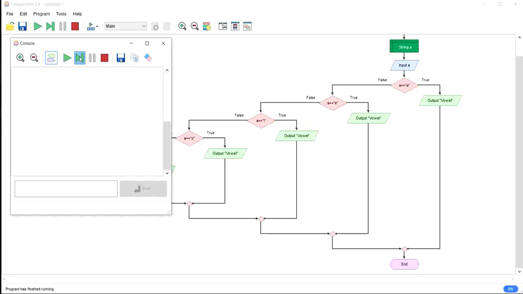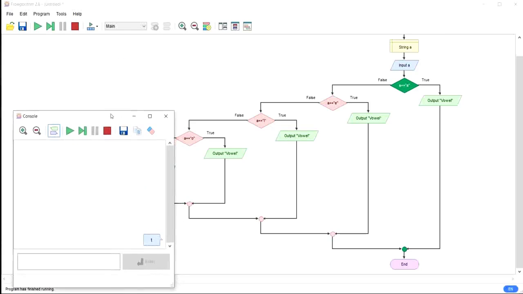Now we have to check one more test case. Suppose I use an input other than a vowel, let's say T. Now check. First it compares with the vowel A. It is not matched, so it moves to the second condition. Now the entered character T is checked with E. It is also not matched.